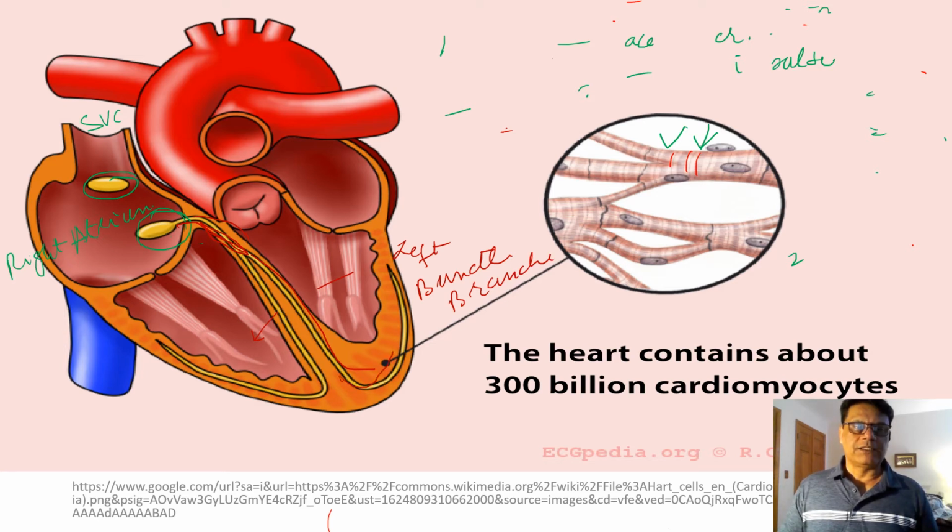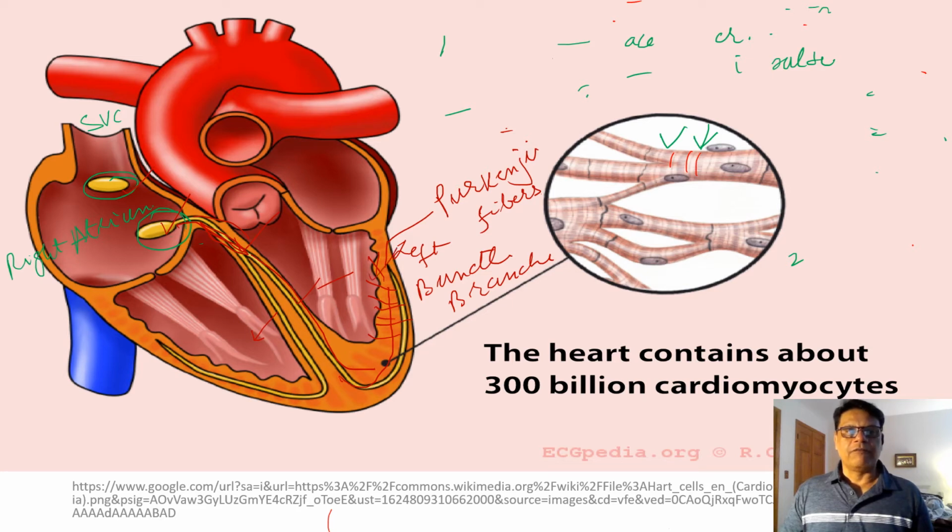And these bundle branches again divide into small branches. These small branches reach to the endocardium, and these branches are called Purkinje fibers. So you can say that SA node 1, AV node 2, bundle of His 3, bundle branches 4, and